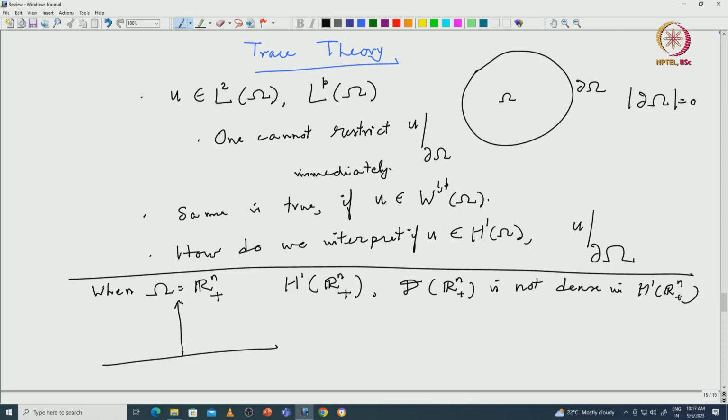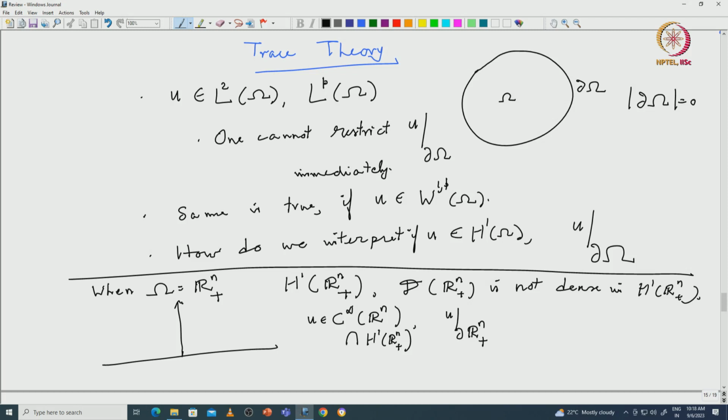You can still approximate by smooth functions. So, you take C infinity functions on Rn; then if u is a C infinity function on Rn, you can restrict u to the boundary of Rn plus, because of the smooth function. Of course, C infinity functions on Rn need not be in H1 of Rn, so probably you have to work with C infinity of Rn and H1 of Rn plus. So, if you have C infinity functions belonging to H1 of Rn plus, then